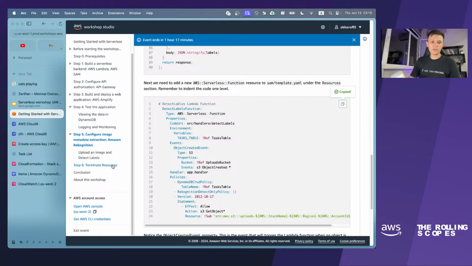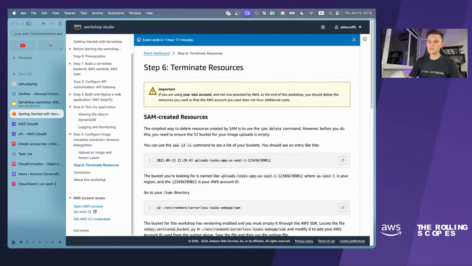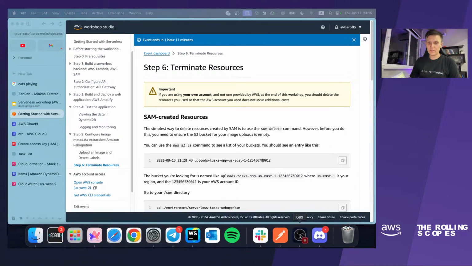And actually, we have one more step here, and it is resources termination. It is very essential to terminate resources after the workshops.